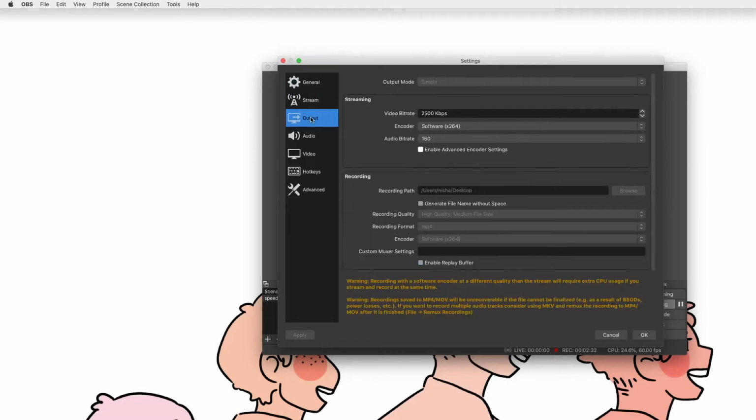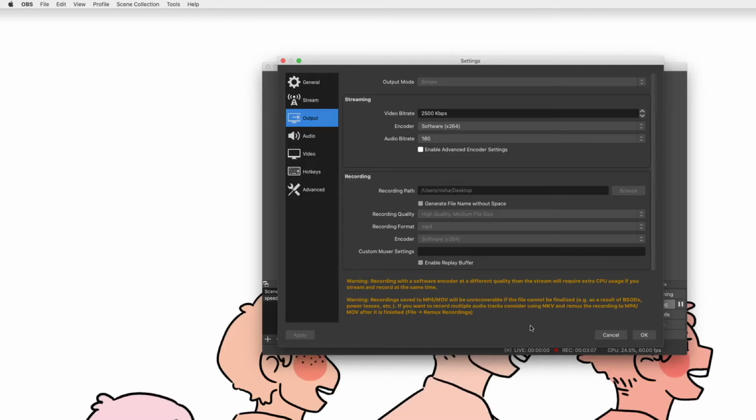And so you'll have to go to output, and you just want to make sure that these are coinciding with what you want. So for me, it says right here that I want it as an MP4. You can usually change it, but since I'm recording right now, I can't change it. The MP4, you can use it on iMovie or any editing devices or software. And you just have to keep in mind that when you use MP4 or MOV files, you can't really retrieve it. It says right here it's unrecoverable